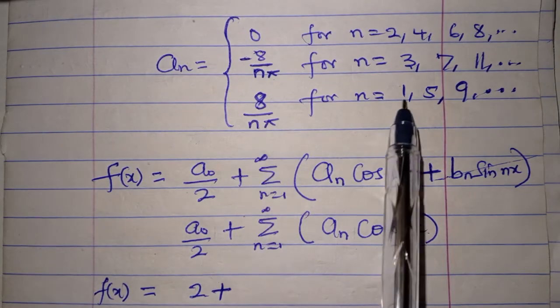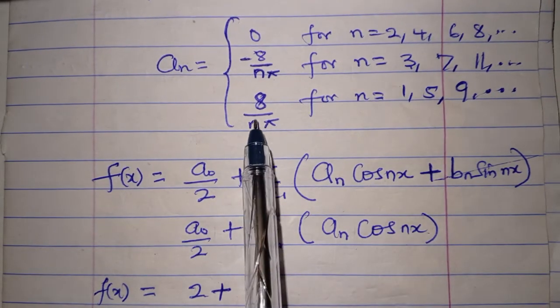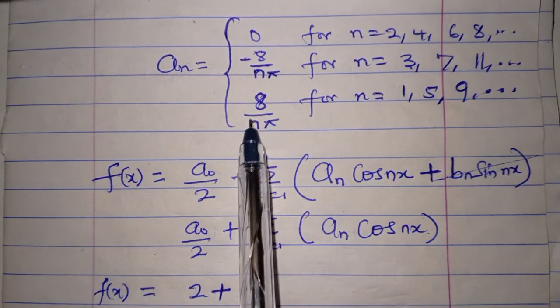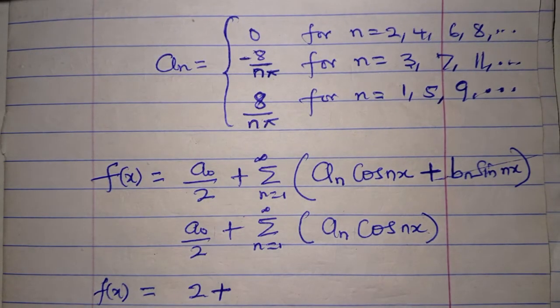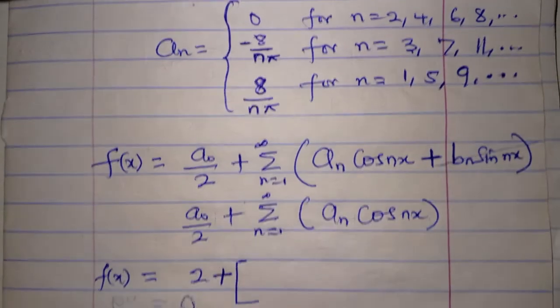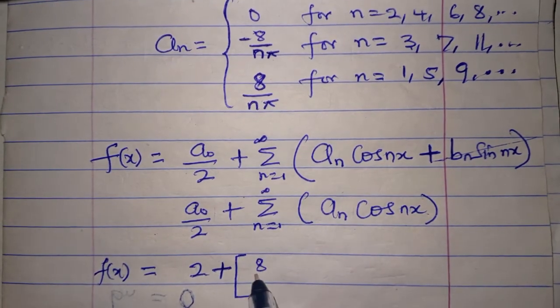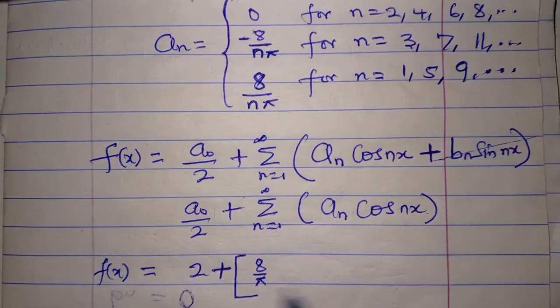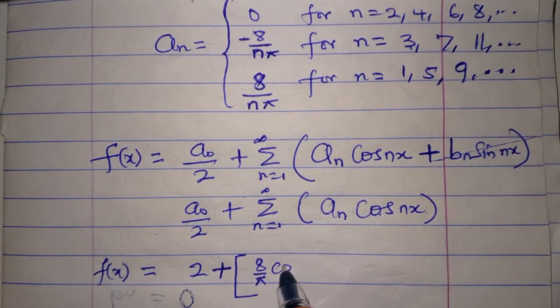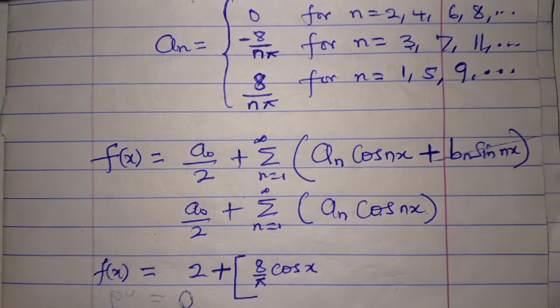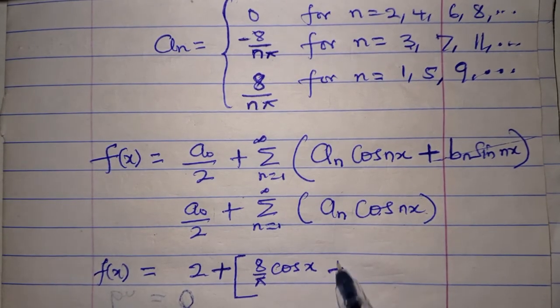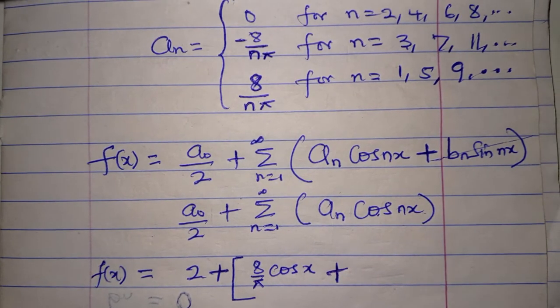So when n is equal to 1, we can put 1 here. We'll have 8 over 1 times pi, which is pi. So a sub n is 8 over pi, then times cos x, because 1 times x is x,